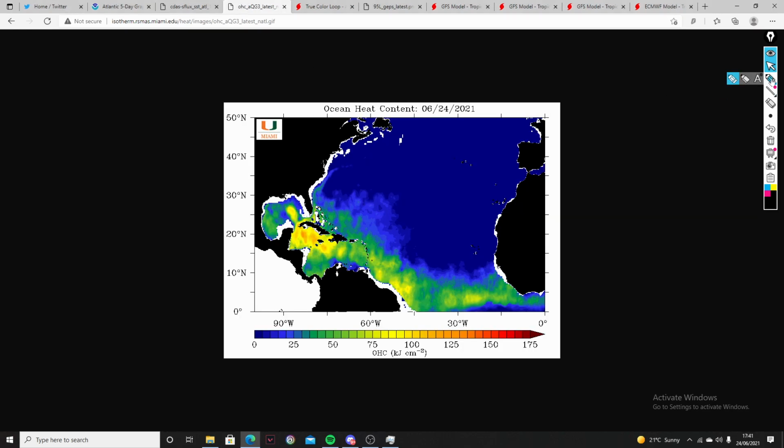But what's also very important is upper ocean heat content. And basically what this allows is for the tropical depression, storm, hurricane, whatever, to come over these waters and upwell warmer water, instead of upwelling cooler water. Like if a tropical, say, depression came off the coast of Africa, got going, and then decided to take a hard north turn, it would run into less ocean heat content available for the storm to upwell warmer water. So in this case, it would be just upwelling cooler water. So that's also another key factor playing into the future of 95L's